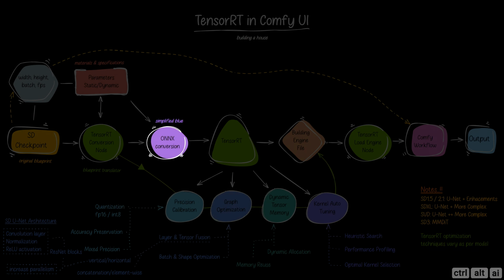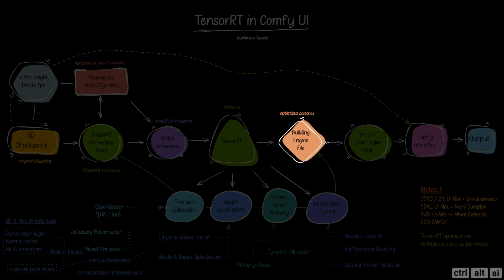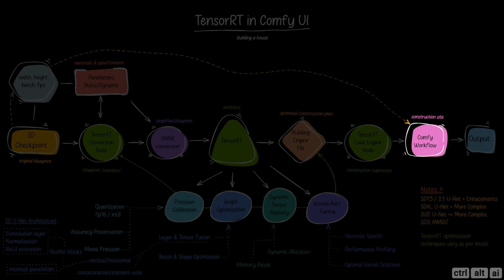The ONNX conversion is like a condensed version of the original blueprint, making it easier for the architect to analyze and optimize. The architect examines the simplified blueprint and figures out ways to optimize the construction process. The architect creates a new, improved plan that makes the construction process faster and more efficient. The TensorRT Load Engine node is like a construction supervisor who guides the construction team using the optimized plan to build the house. The ComfyUI workflow is the construction site where the actual building process takes place, following the optimized plan. The final result is a finished house, built faster and more efficiently, just like the optimized model produces images and